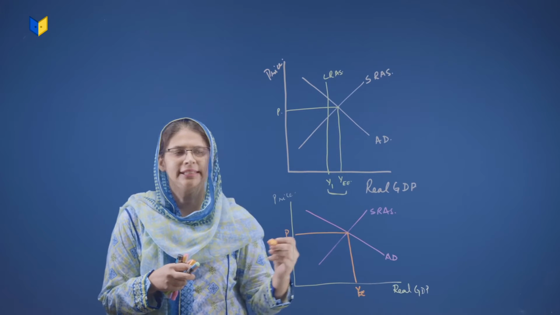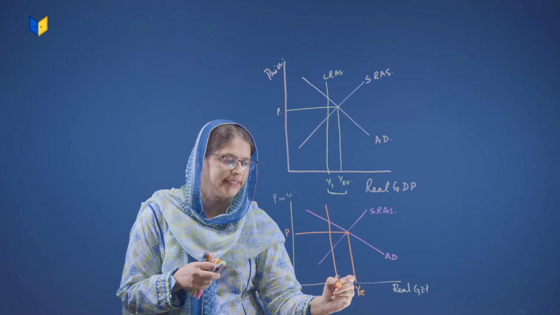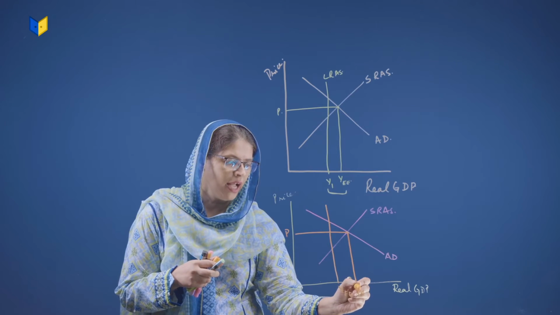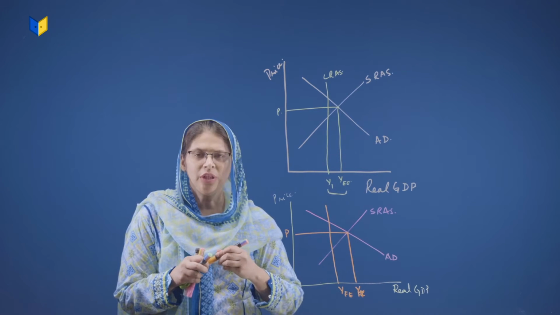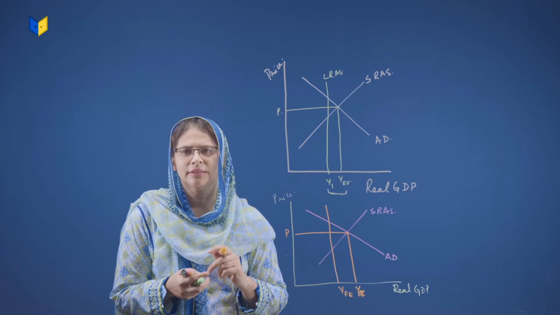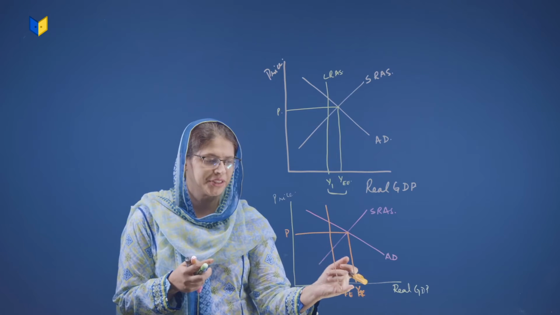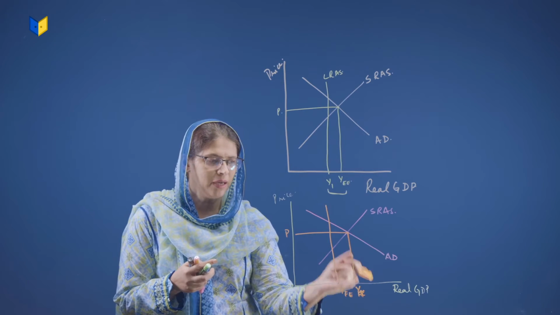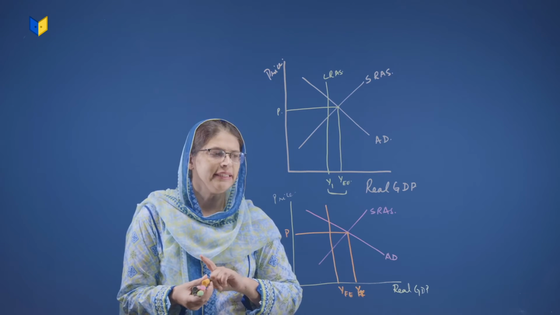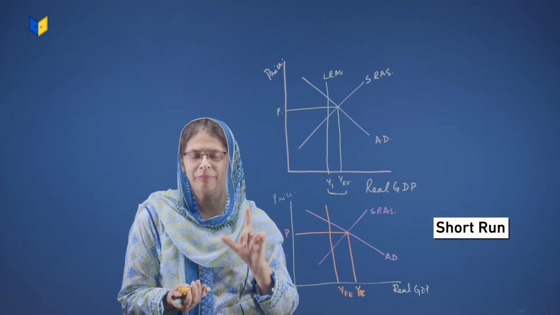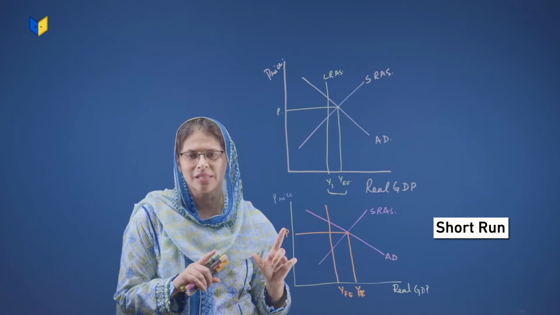Now the economy has a potential of this, and they are actually producing at this point. So how can this happen? How did it happen that our potential was this, but we started producing at this point? It is only in the short run. Keep this in your mind, it is only in the short run. This cannot happen in the long run because